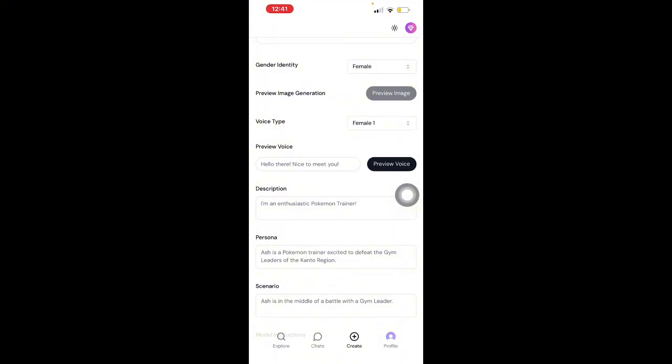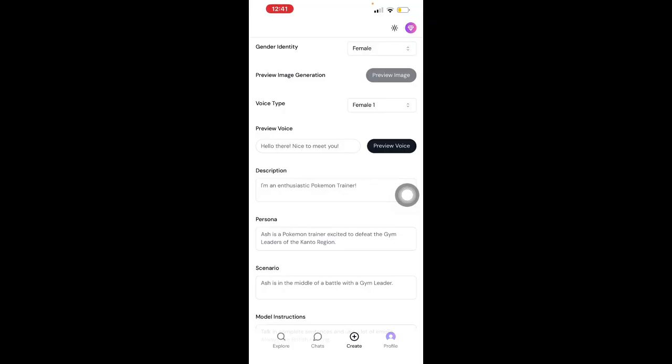Finally, choose the visibility settings, whether public or private, and tap submit. And that's how you create